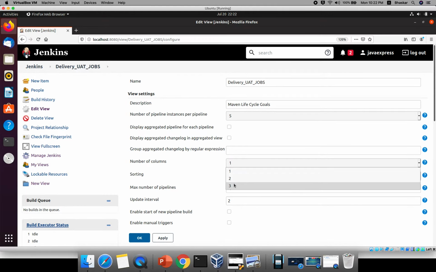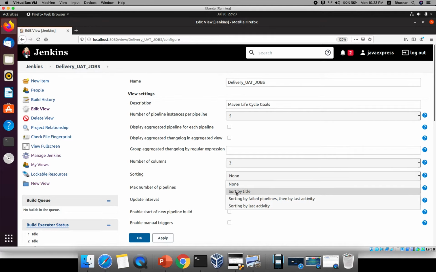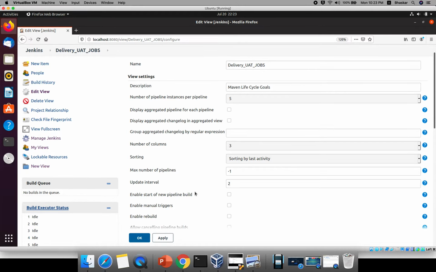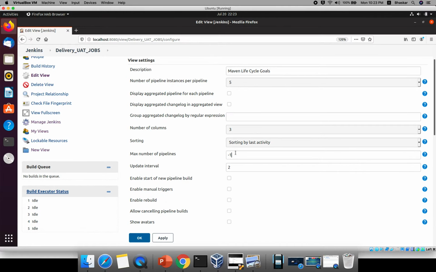I will give 3. Sorting can be based on title, last activity, or failed pipeline, whatever you want. I will sort by last activity. Maximum number of pipelines, how many you need. And update interval. Here, if you see Enable start of new build pipeline, if you enable this option,